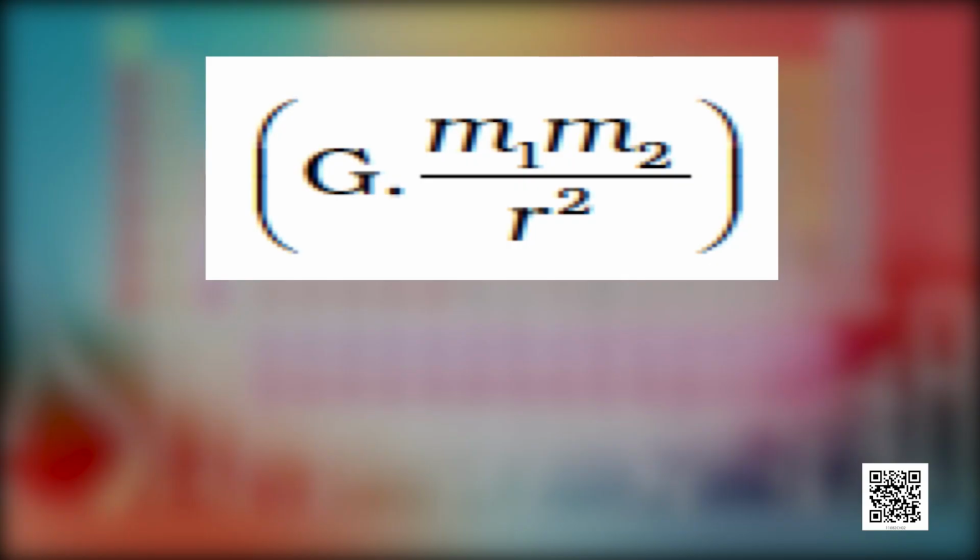So, my dear students, you have already learned about Rutherford's nuclear model of an atom, which is like a small-scale solar system with the nucleus playing the role of the massive sun and the electrons being similar to the lighter planets. When classical mechanics is applied to the solar system, it shows that the planets describe a well-defined orbit around the sun. The gravitational force between the planets is given by the expression G m1 m2